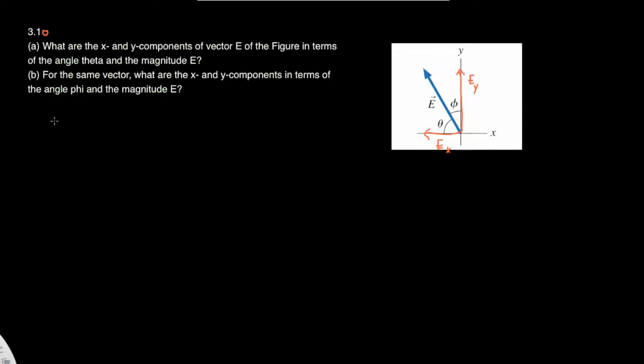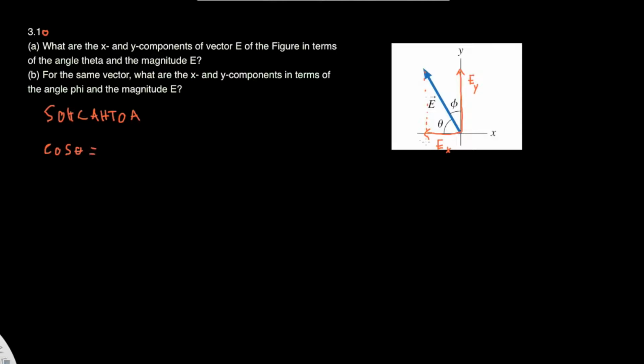Okay, in order to do this, all we have to do is some simple trigonometry. If you remember SOHCAHTOA, cosine is adjacent over hypotenuse, and tangent is opposite over adjacent. So all we have to do is find these x and y components. So how do we do that? If we just drop a perpendicular right down here and make a triangle, to find the adjacent side, we just use cosine, right? So the cosine of this angle, so cosine of theta,